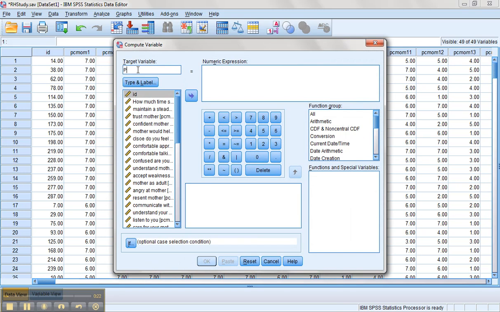First thing you want to do is put in the name of your variable. In this case, we're going to do PC mom. These are all parent-child inventories, so this is a parent-child scale. And the first thing we want to do, we're going to create a subscale that has 6 items on it. So we're going to do